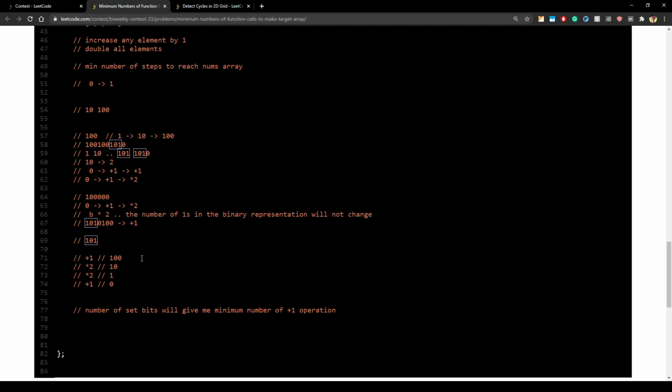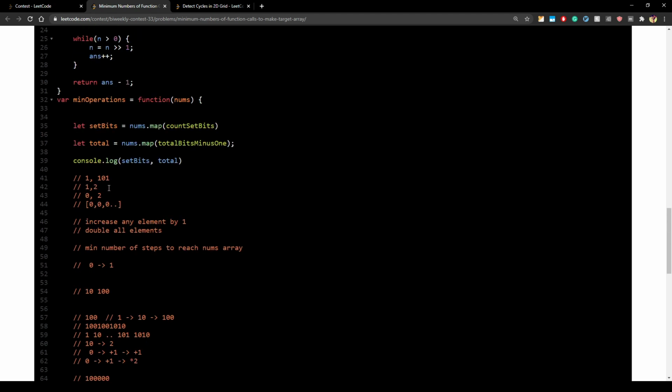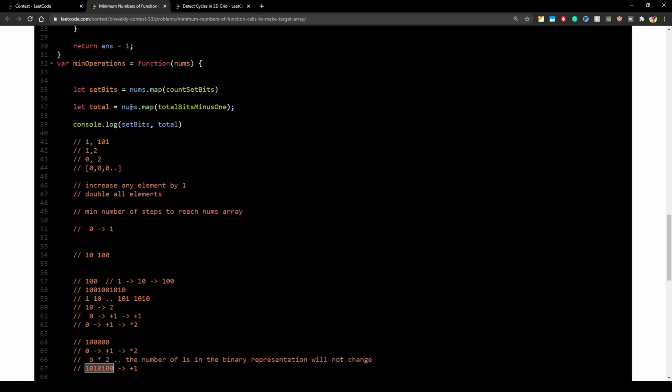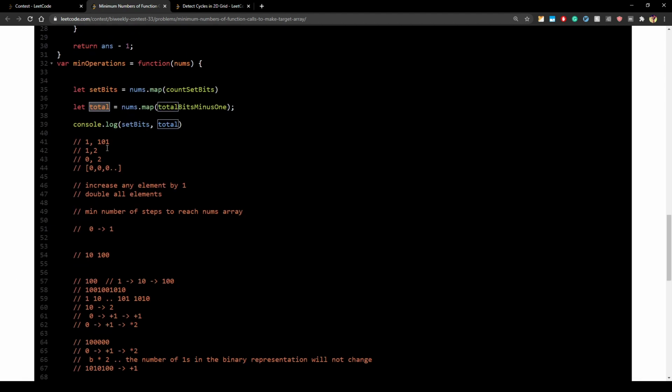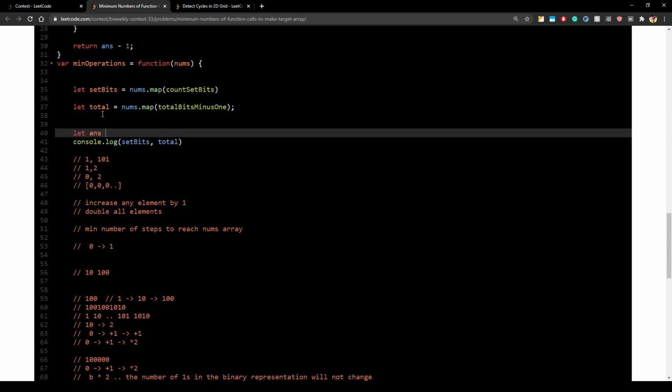How did we think about the process, right? We need to find the total number of bits minus 1, and we need to find the number of ones. One interesting observation here is that whenever you are adding one, you are always adding it to a single number. So the number of operations has to be done on each and every number. For example, for this 1, 2, it has two ones and one, so it will take three operations, because you will have to increment this number two times and this number one time. So we need a total of totals actually.